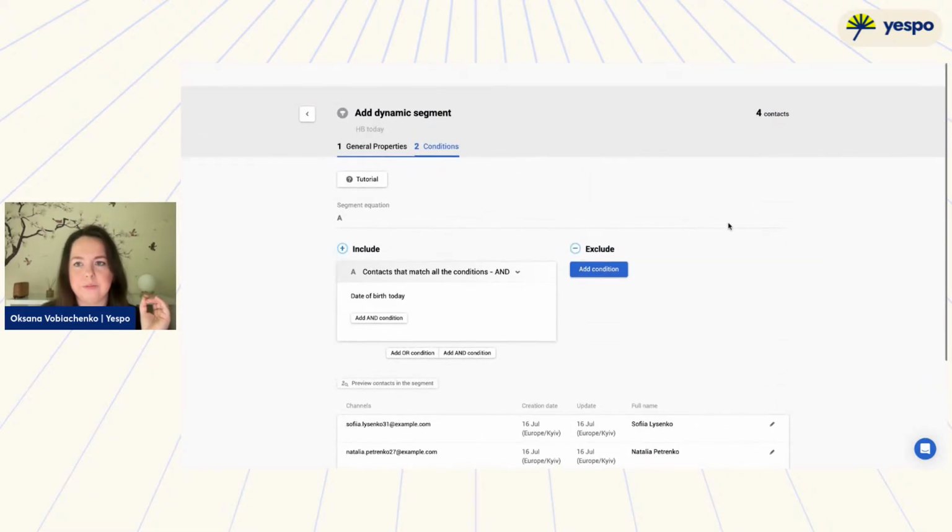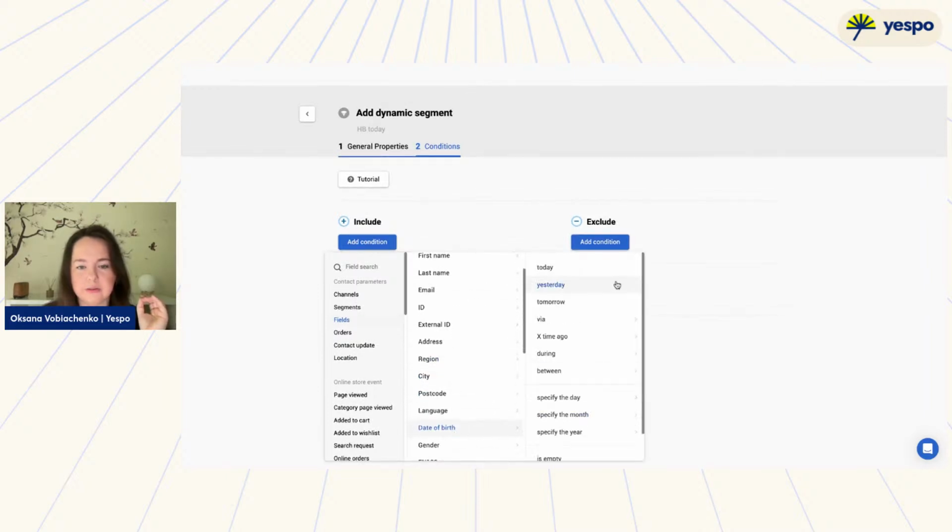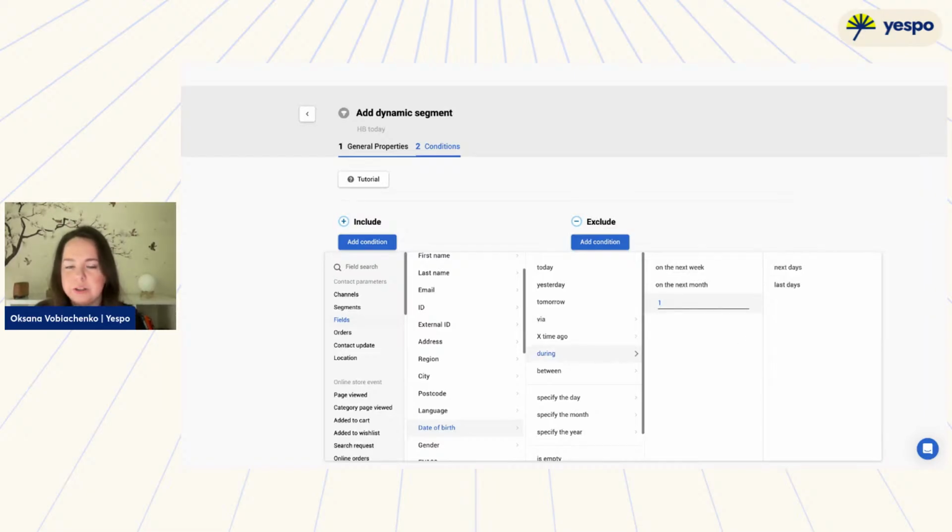filtered by our condition. Here we also can use other types of conditions using the birthday. For example, we need to filter those who had a birthday yesterday, or who will have a birthday in several days or weeks or months. Or we want to filter customers or our subscribers by a condition like they will have their birthdays during 7